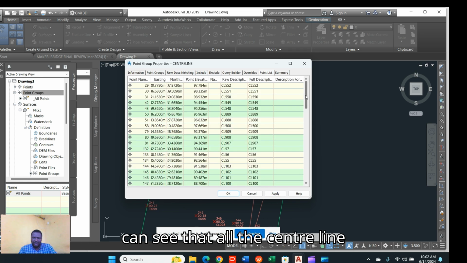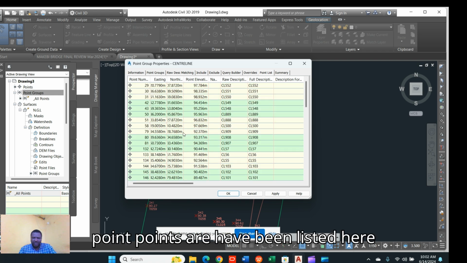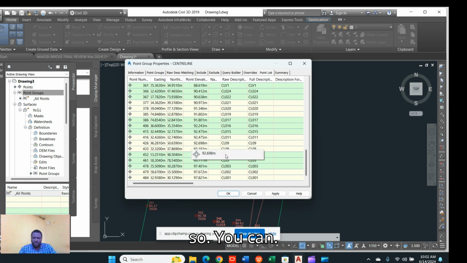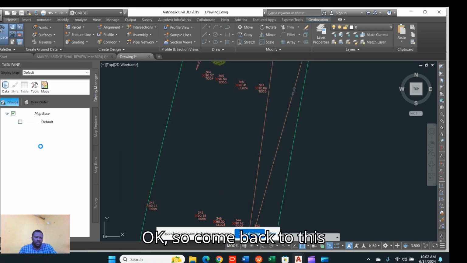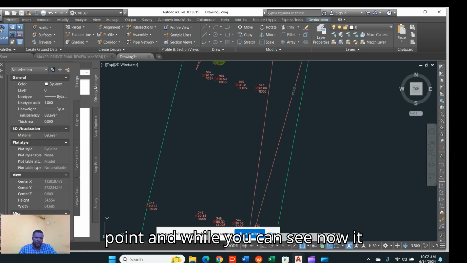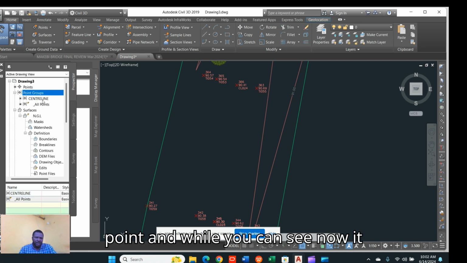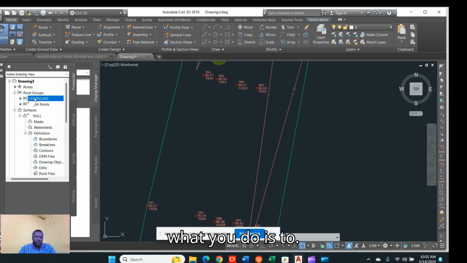All right, so you can see that all the center line points have been listed here. So you can okay. So come back to this point, and now voila, you can see it is here. So what you do is to